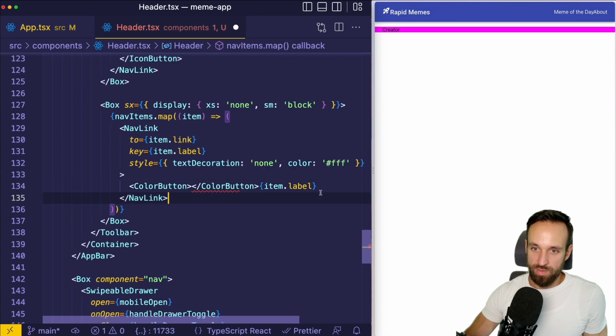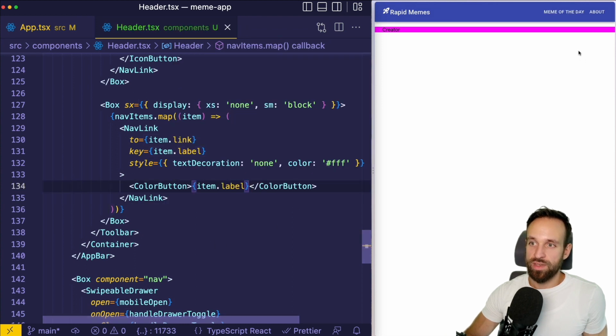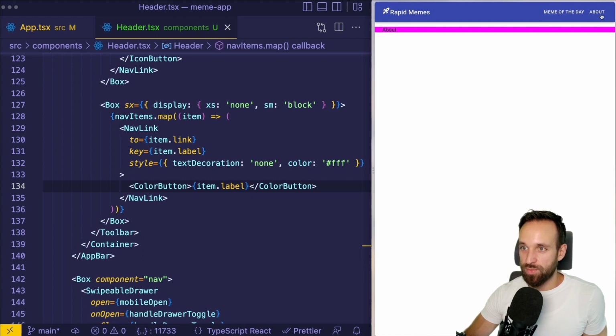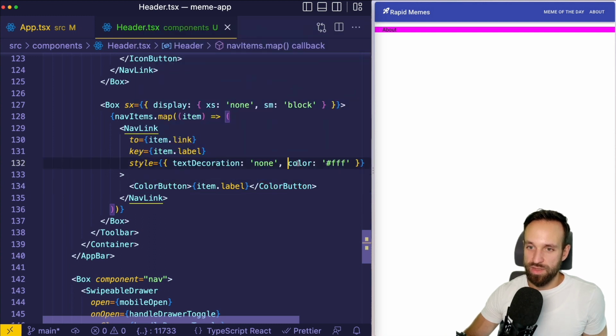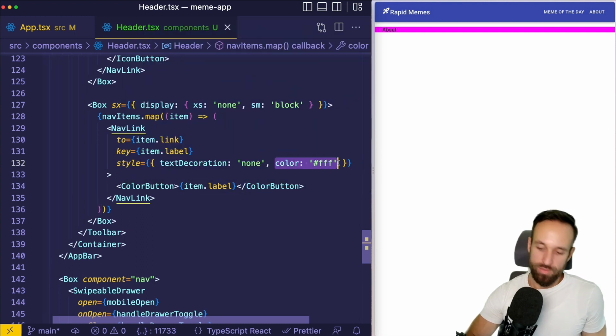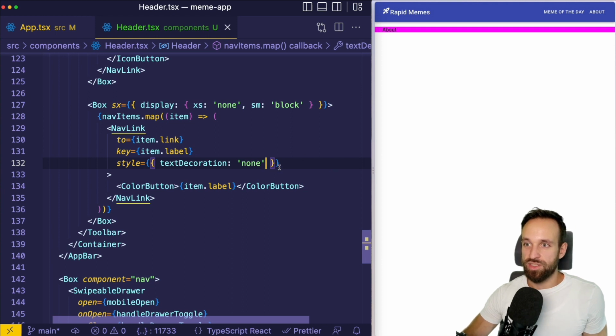And I'm gonna put the item label into the color button. Then we see we have now buttons from Angular material with this nice glare, and they actually already work. That's pretty nice. I didn't expect this to work that fast. Nice. I also think we don't really need the color in here anymore since we set that to the